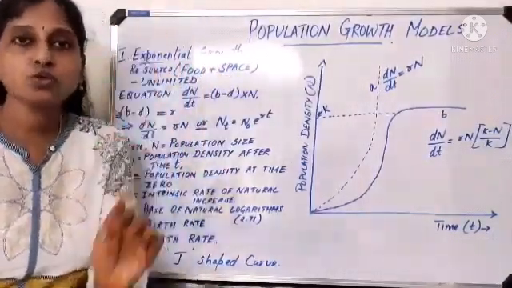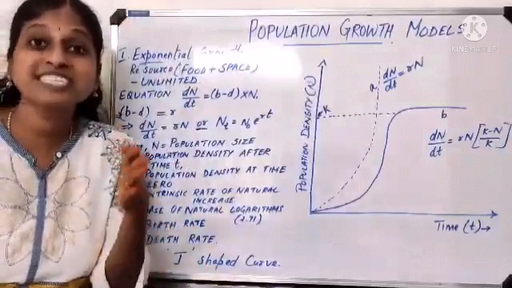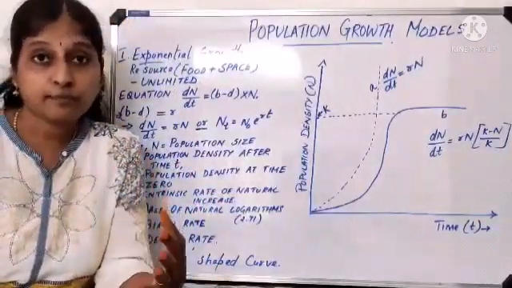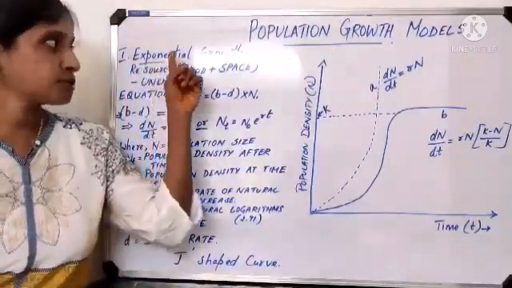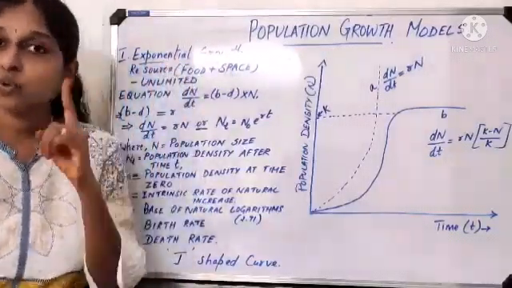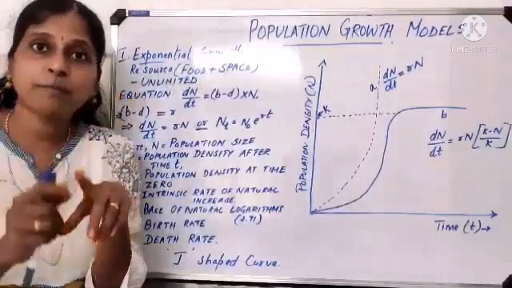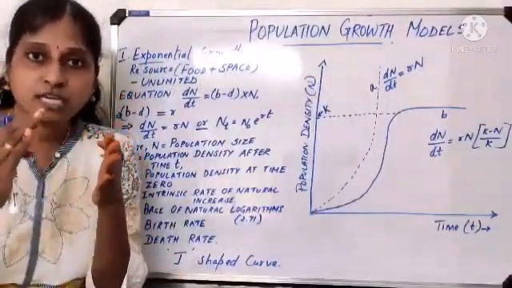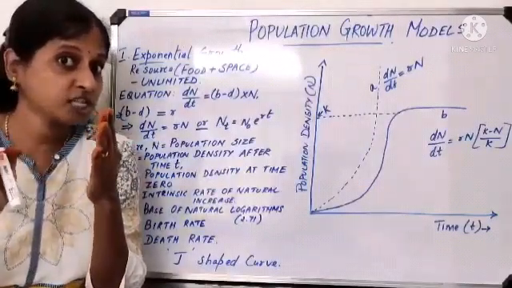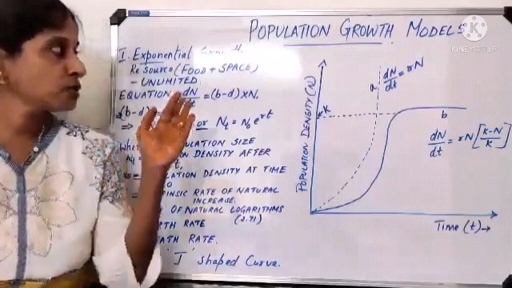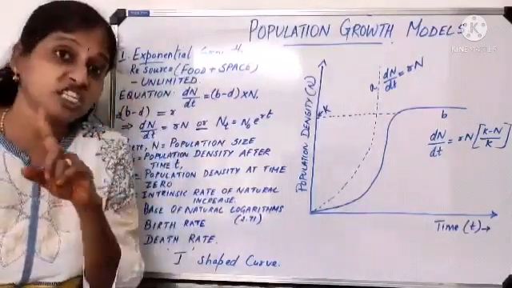When the population keeps increasing, if you represent it graphically, you get two types of growth models. You can represent it in two ways. The first way is exponential growth. Last year we learned about population size when it is increasing, the J-shaped curve and the S-shaped curve. The same thing here. This exponential growth is a J-shaped curve.